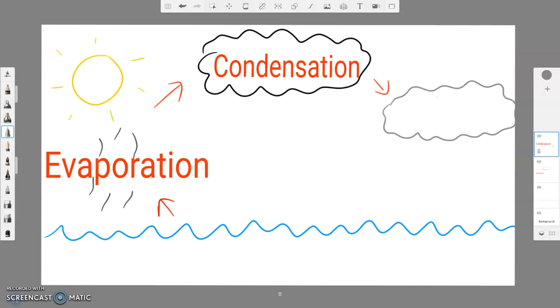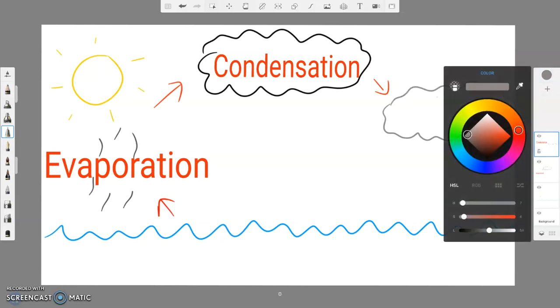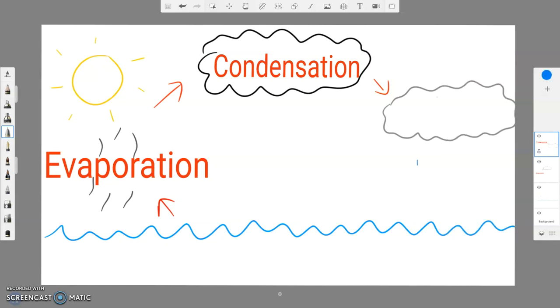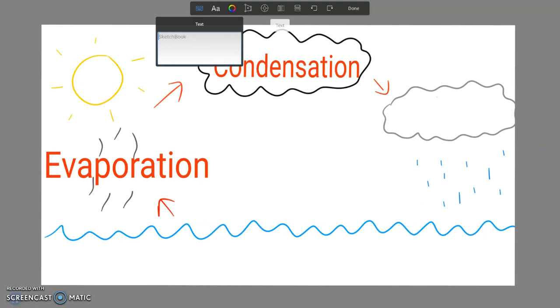Am I leaving enough space for the next word? And then it even starts to rain. The water droplets begin to fall out of the cloud because it gets so heavy. And that is called